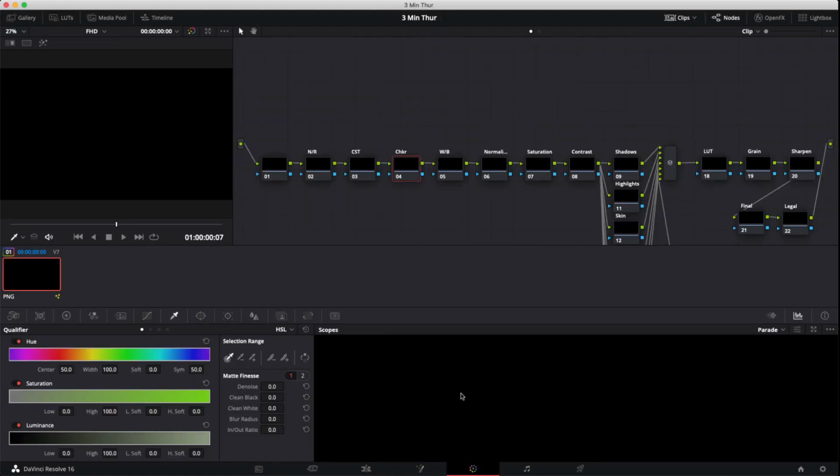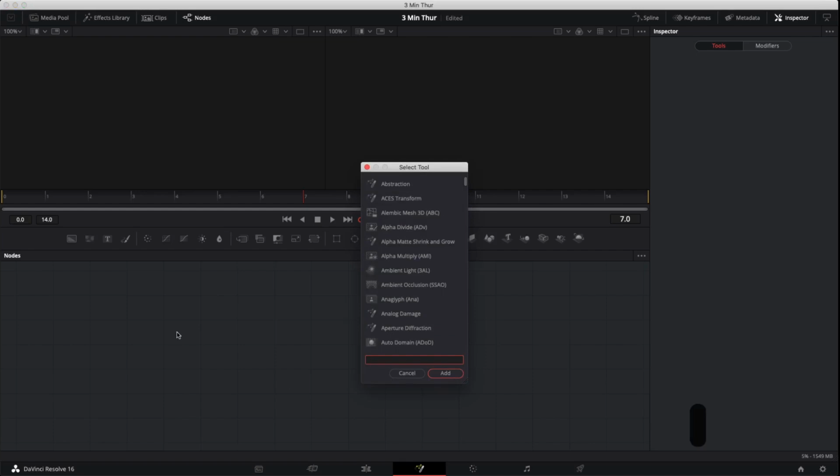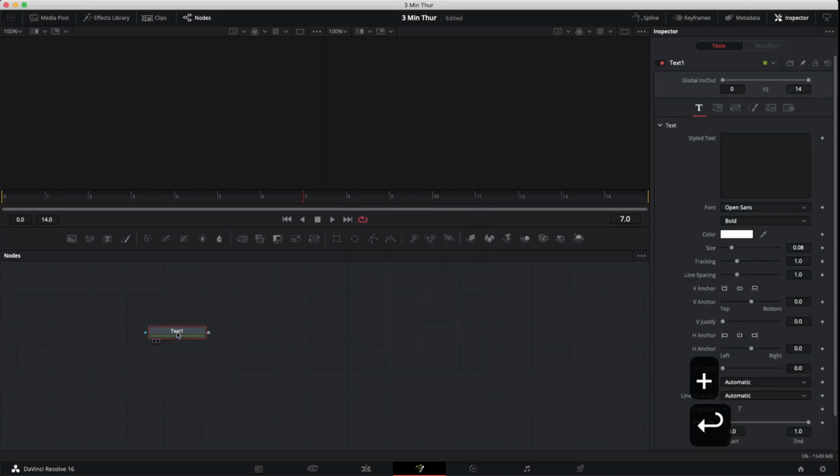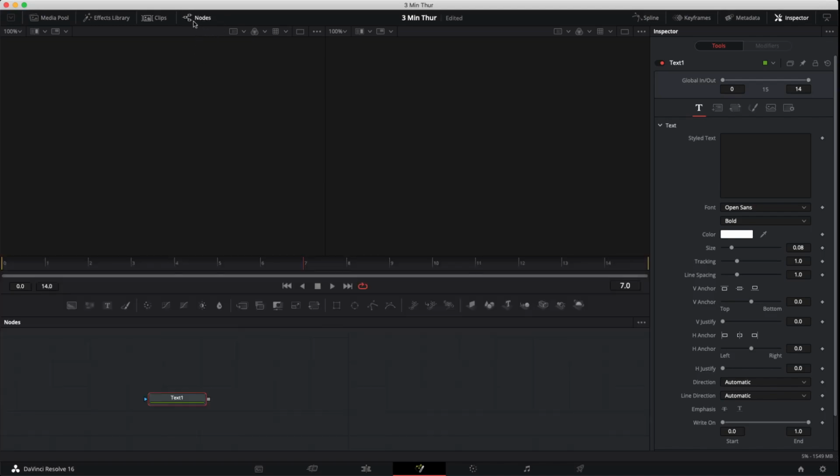That is not the Fusion tab, that is the Color tab. First thing that we're going to do is open up a Text+ node, Shift plus Enter, and we've added it to the nodes. If the nodes view is not showing, then go ahead and click on the view to open it up. In the inspector, you want to right click on the styled text, go down to timecode,